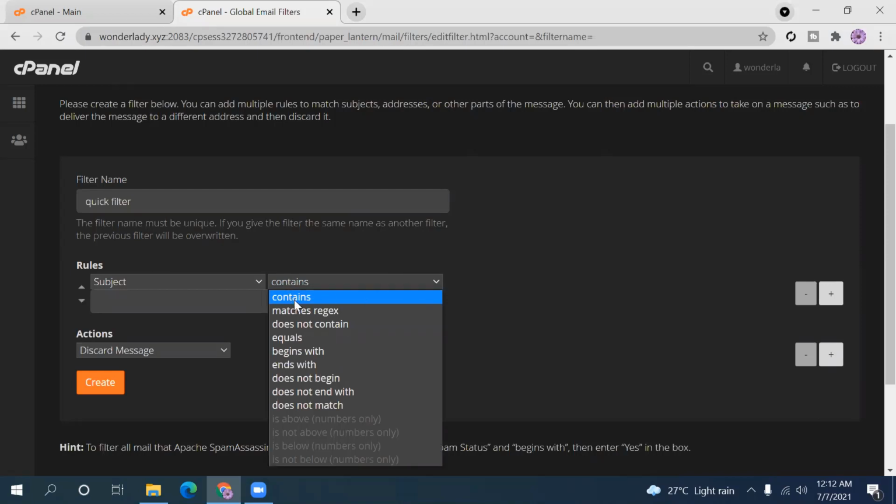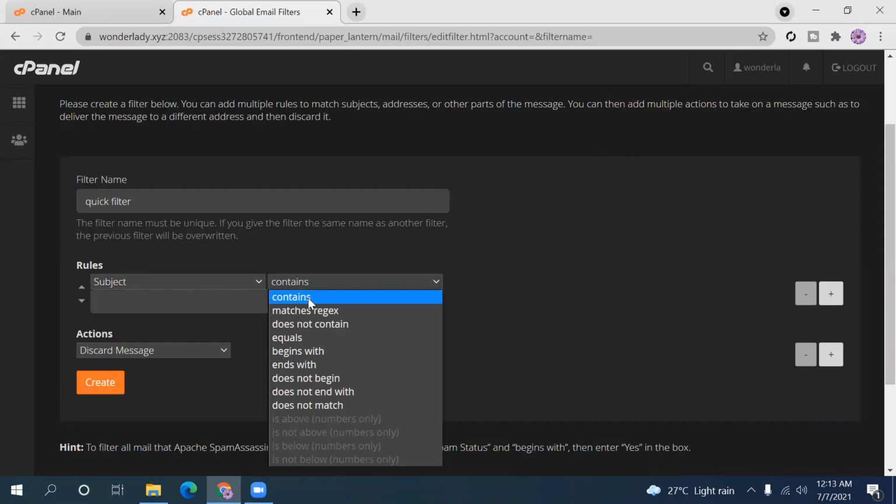Contains refers to whatever I write in our search box, then this word or these multiple words in this subject line. When we use the subject here, then it searches the subject line for whether this word exists or not. So we